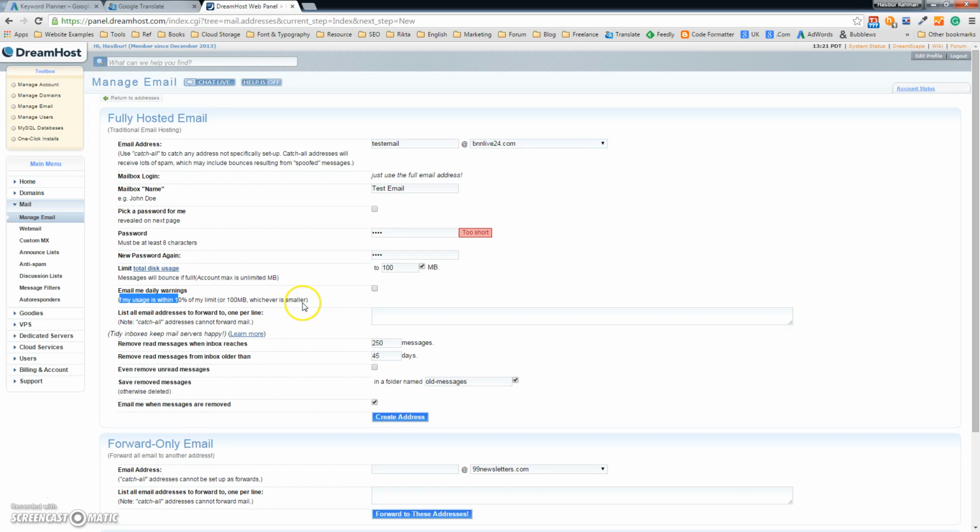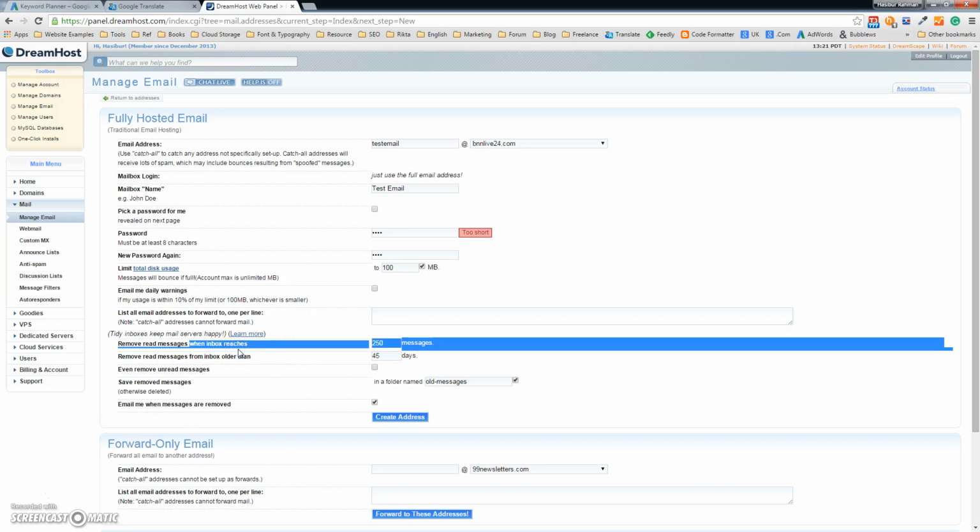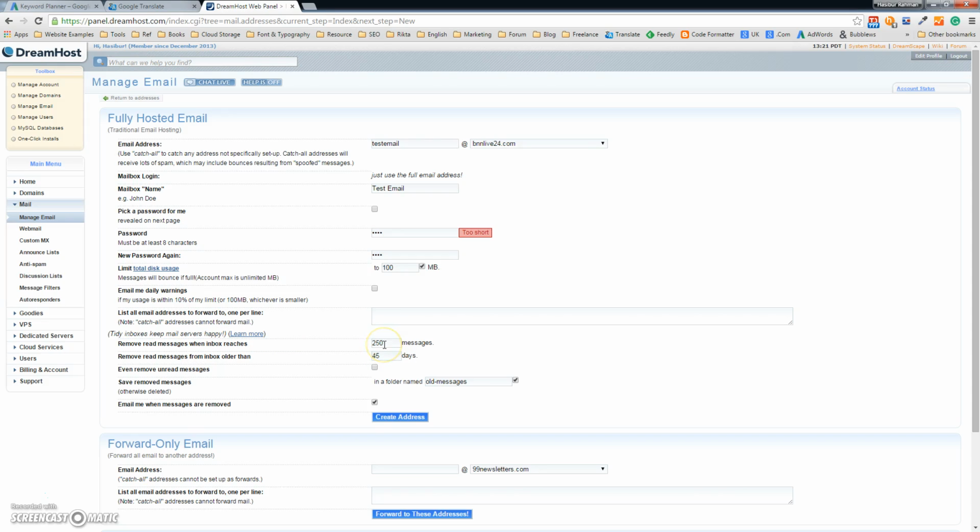Okay, let's see what's next. There are some options you can check yourself. You will understand. This is the option to remove the email automatically after 45 days. You can choose this option or leave it blank as you wish.